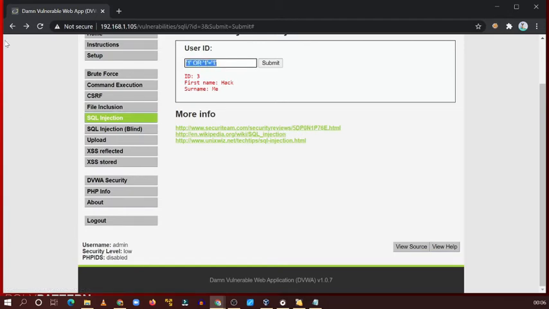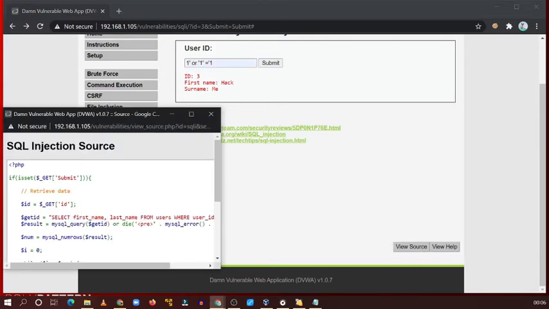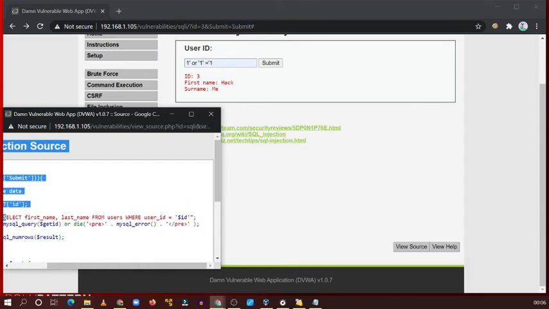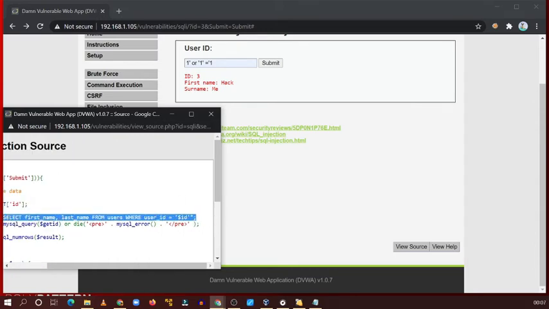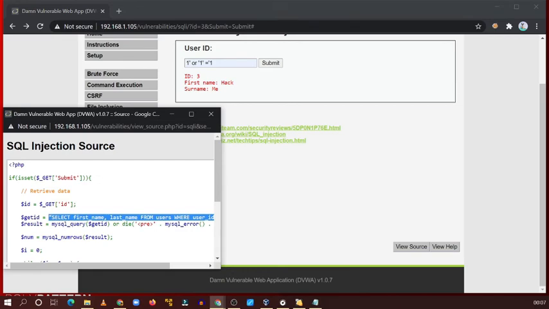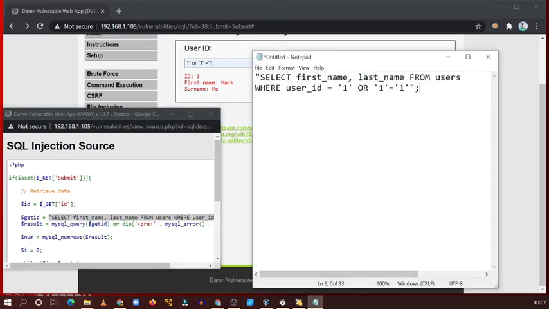Now the thing is, try to give it simply, this thing, 1 dash or, yeah, 1 this thing. So let's copy the overall syntax and open the notepad.